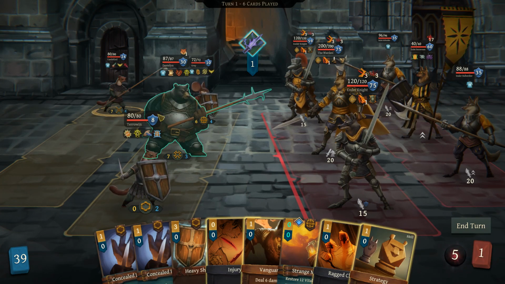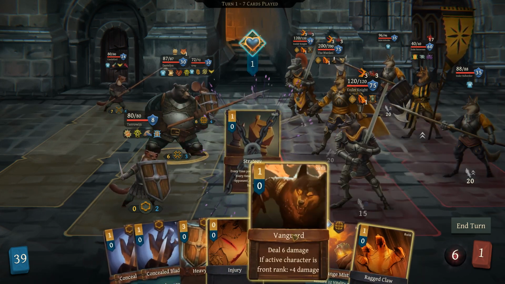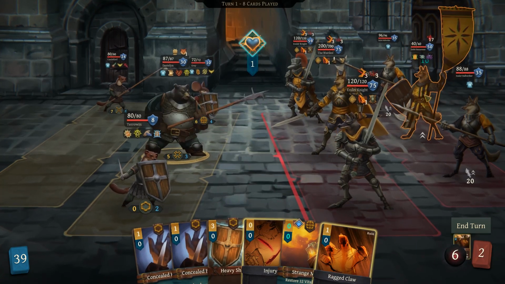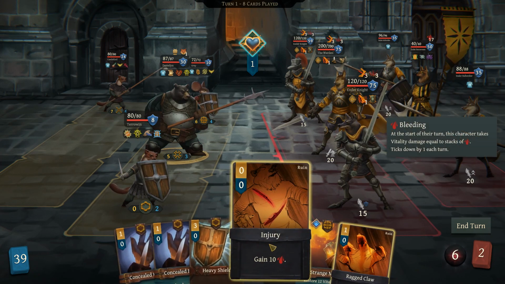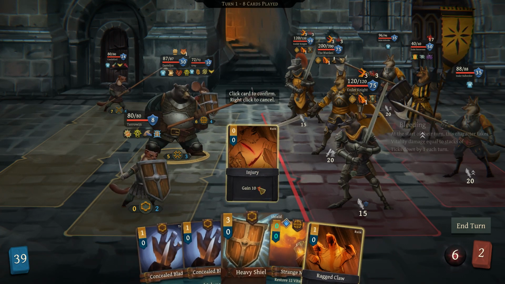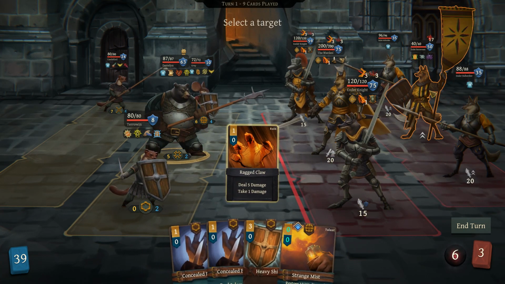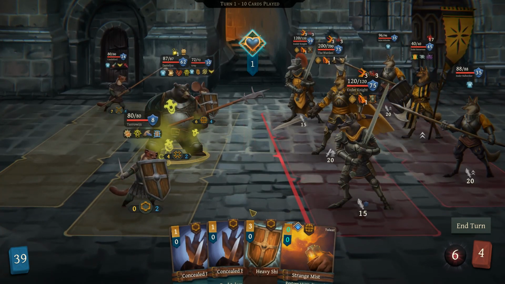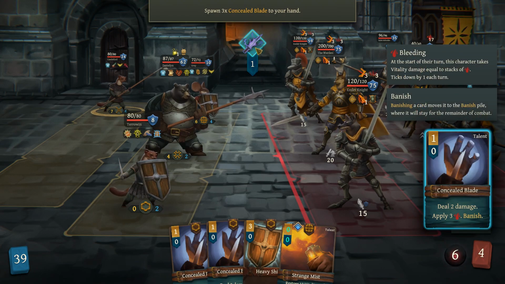So we're gonna get a lot of bleed. Probably preemptive strategy here. Do I even want to do the injury thing? Probably. Yeah, with this draw, we weren't going to get rid of the shield guy on the first attack anyway, so...